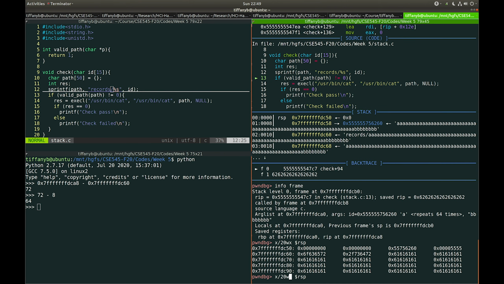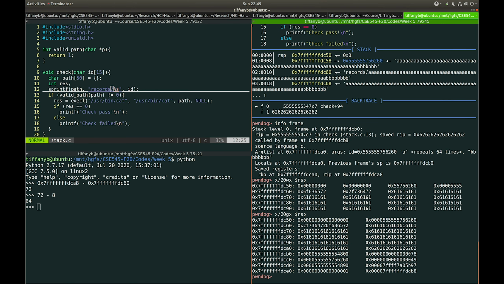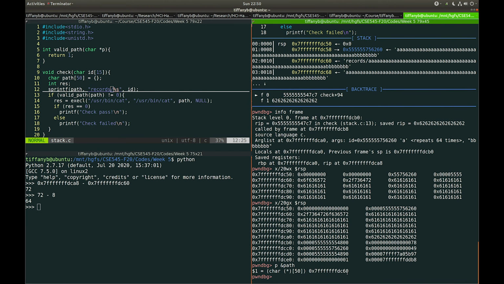Okay, so let's print something more. Actually, let's change it from Word to G, which means 8 bytes together. All right, now we'll be able to see that starting from RSP, the stack value is as follows. So again, the address of path is DC60. So it starts from over here,